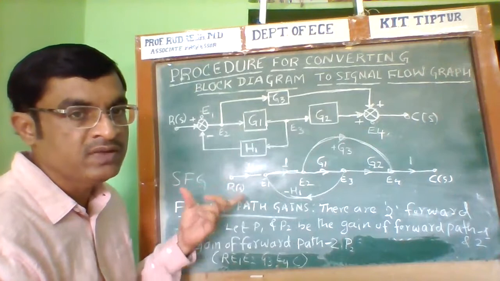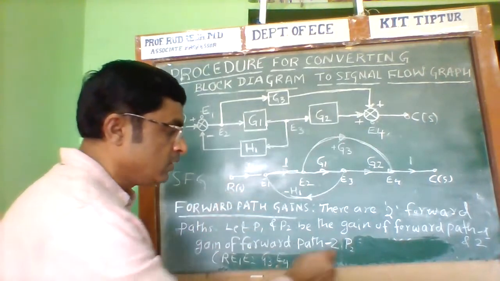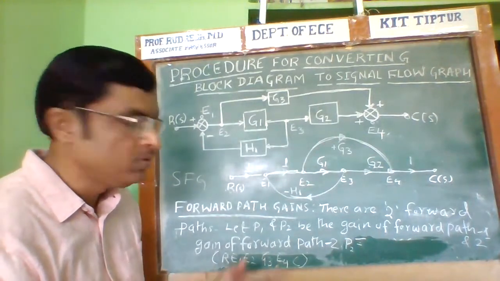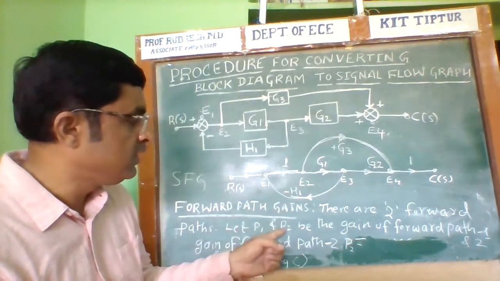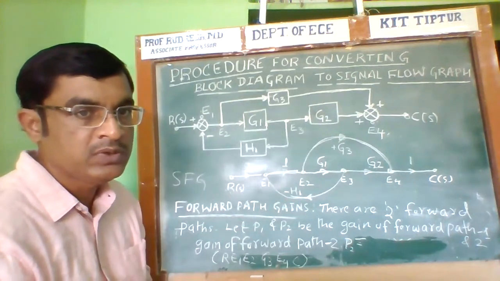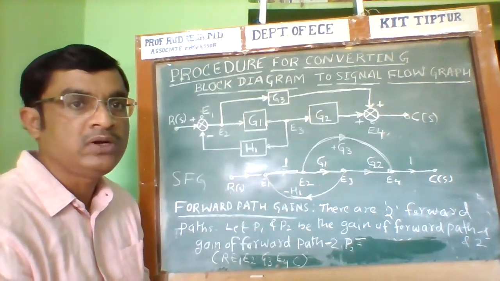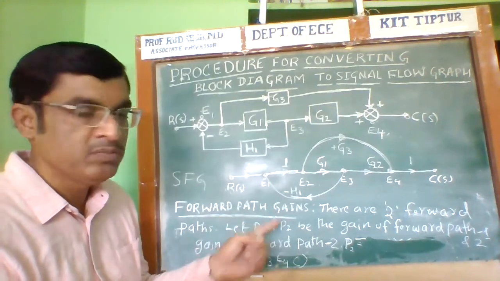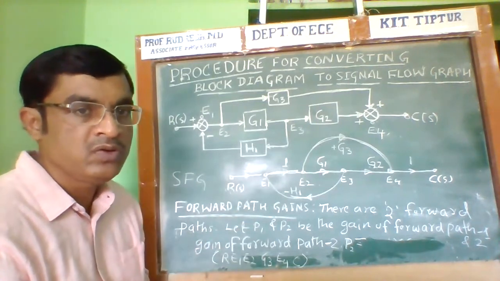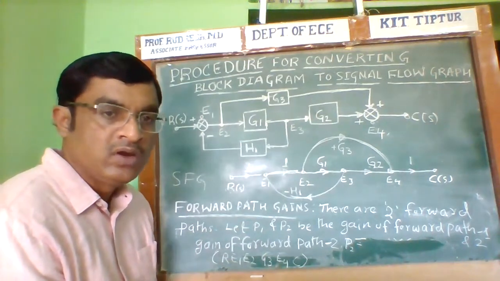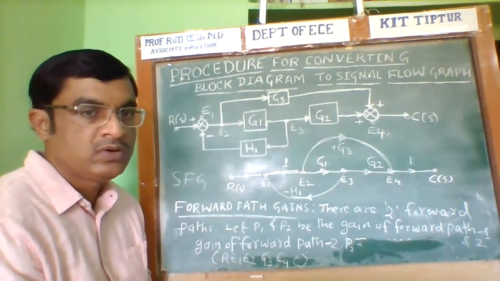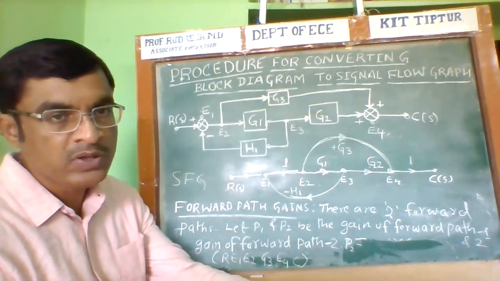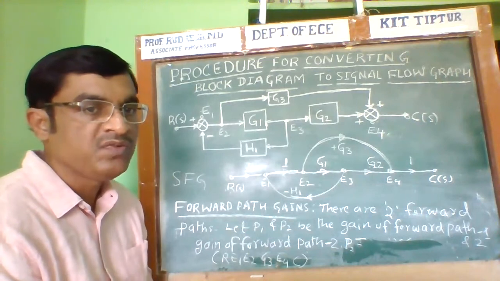In this particular graph, there are two forward paths. Now, what is the gain? P1 and P2 are what I have given. In the formula, P1 into delta 1, P2 into delta 2. We have seen P1 into delta 1 use the same symbols. Some books use the convention T1 and T2, some use another convention. You can use any name, but I am using the convention P1, P2, etc., for the forward path gains.